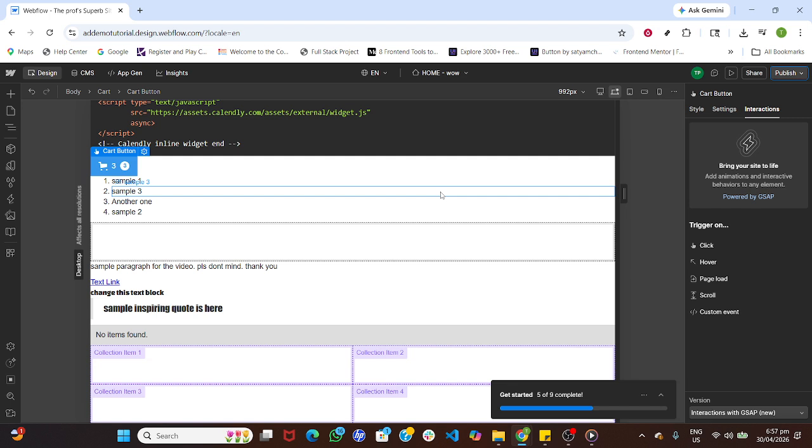A couple of quick tips. Use a PayPal business account for smoother verification, make sure your store currency and PayPal currency settings align, and test a small transaction to confirm everything works end-to-end. That's it. Your Webflow site now accepts